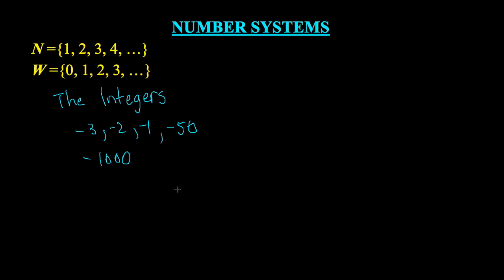And that set is denoted with an uppercase I, a bolded I. Now that's what we use in Ontario. You will also see a bold-faced Z used. We don't use that in Ontario, but that's used many, many places. So if you see I or a bold-faced Z, we're talking about the set of integers, and they look like